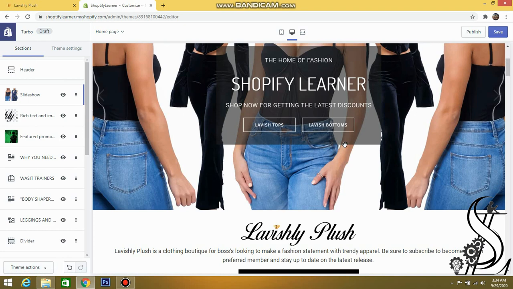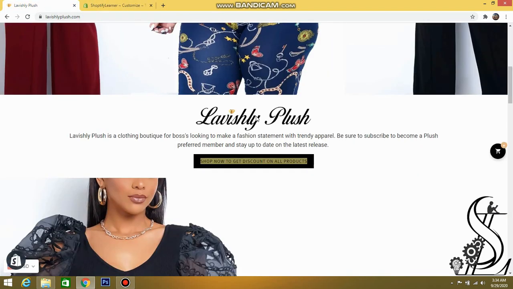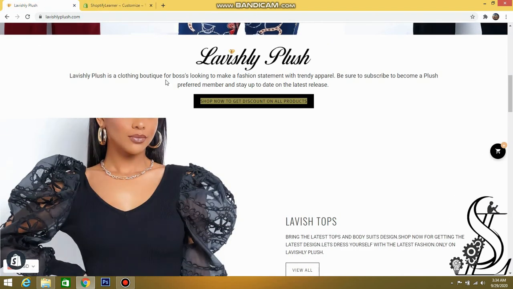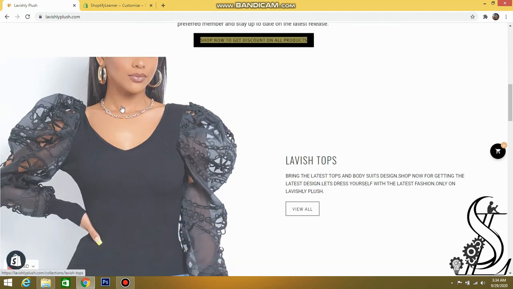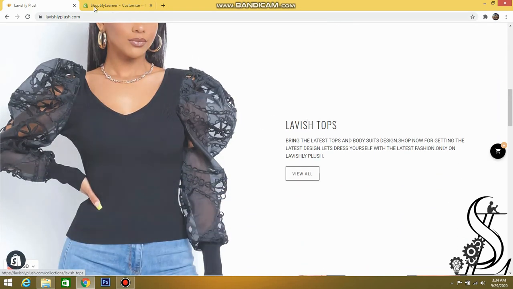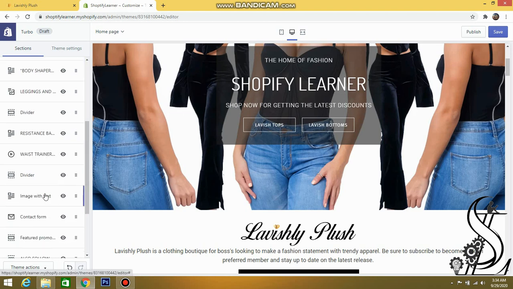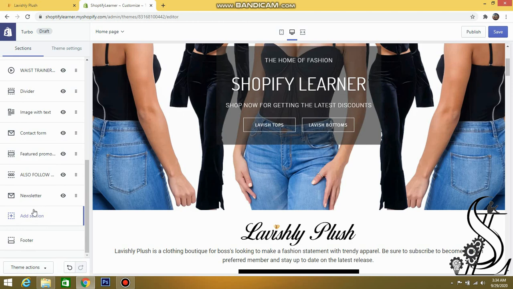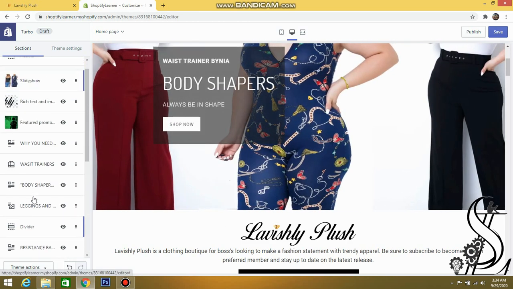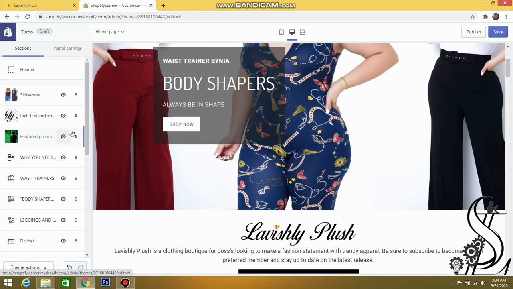Now we can move to the next section of that store which we can copy, that is the image with text section. So first of all, we add the image with text section.